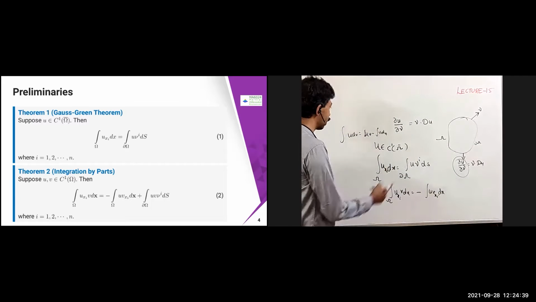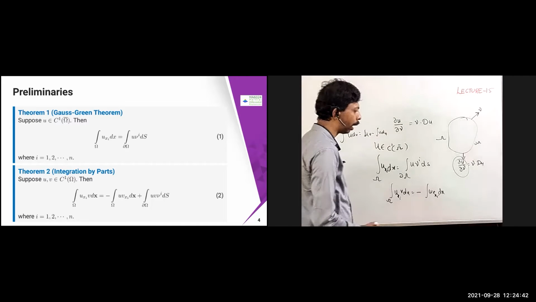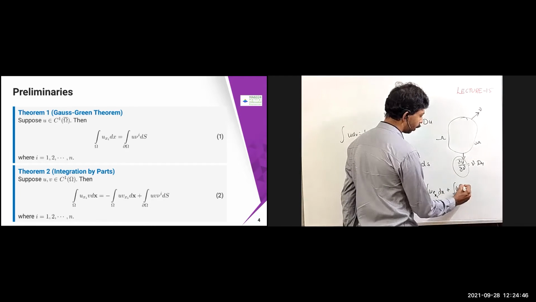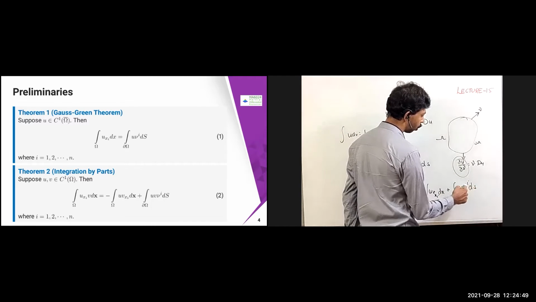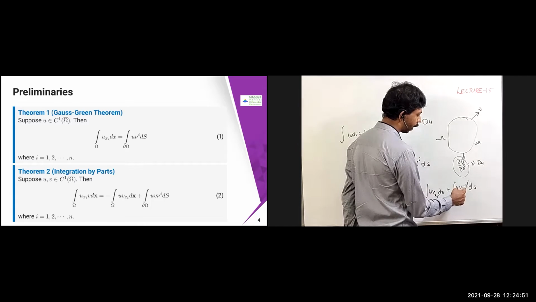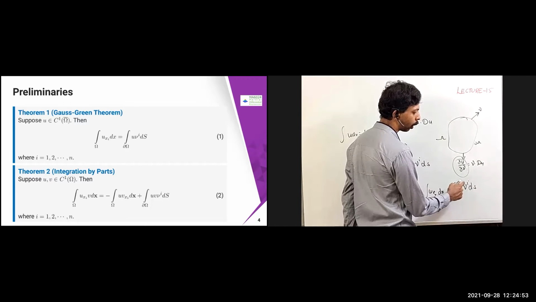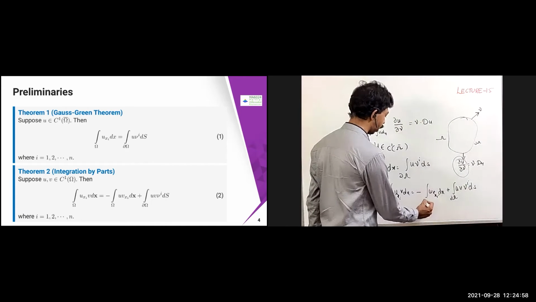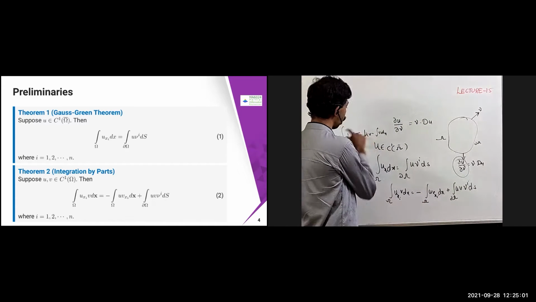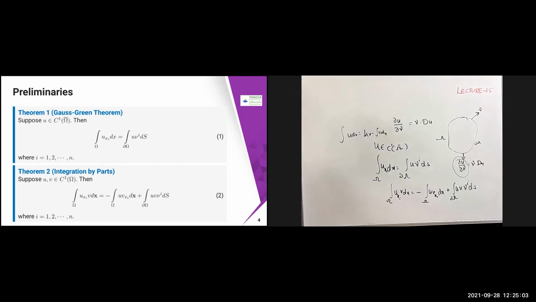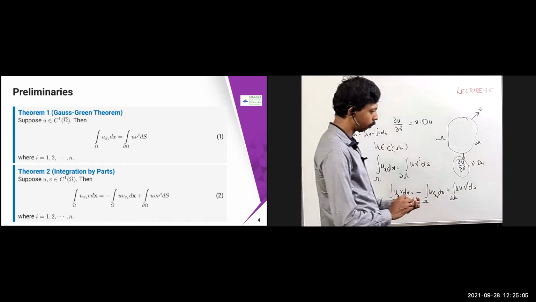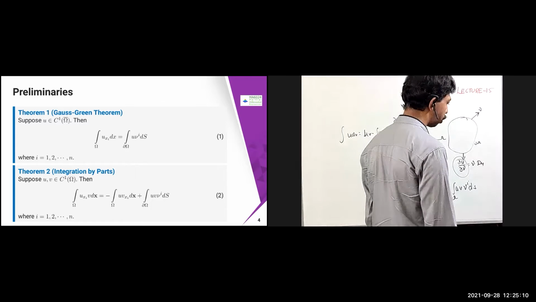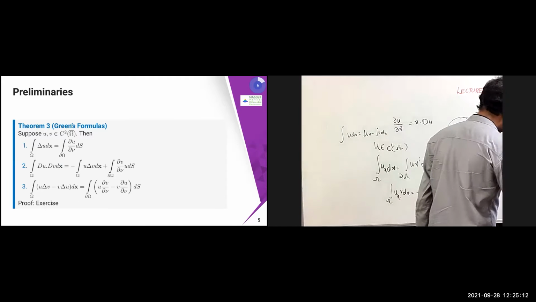Plus I will have this term, which is called the boundary part. That is going to become the integral of u v nu_i ds. Here nu_i means it is the surface integral, the normal in the ith direction, only in the ith direction, over dou omega, while this is omega. So this is the complete integral, and this is the boundary part. That's what we have, integration by parts, where i equals 1 to n. From this, almost similar things you can derive very easily, and this part also I will leave as an exercise.